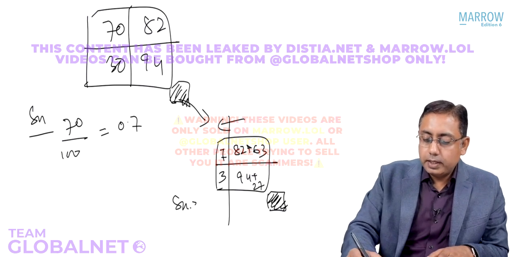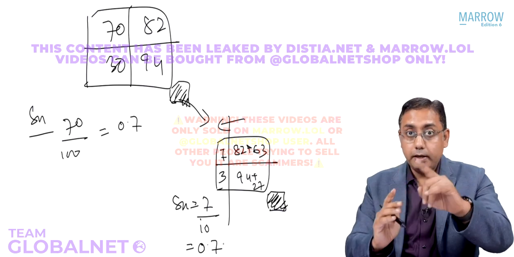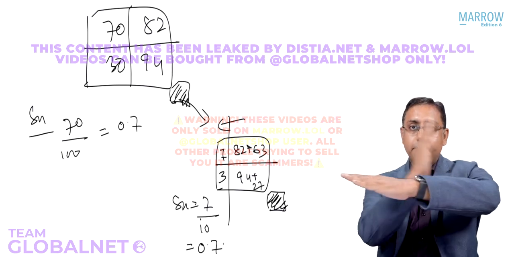So what is the sensitivity? It will be the same, 7 by 10. So what is the answer? 0.7 again. So please mind what I'm saying right now. Look at me right now, please look at me. If the table is moving like this,